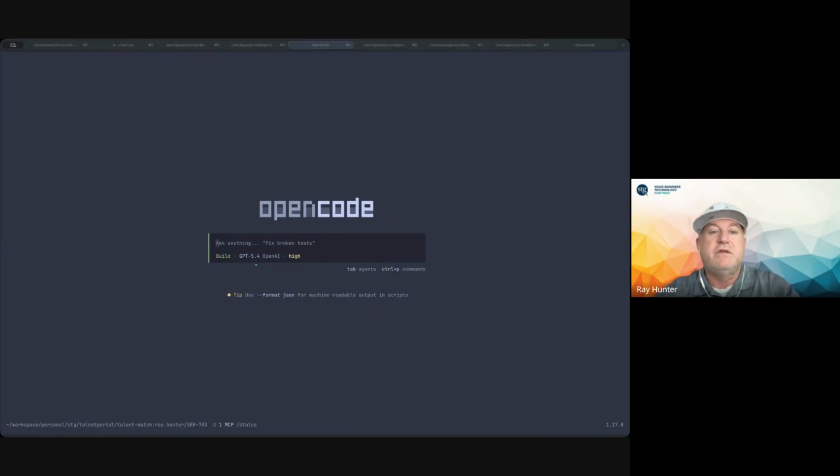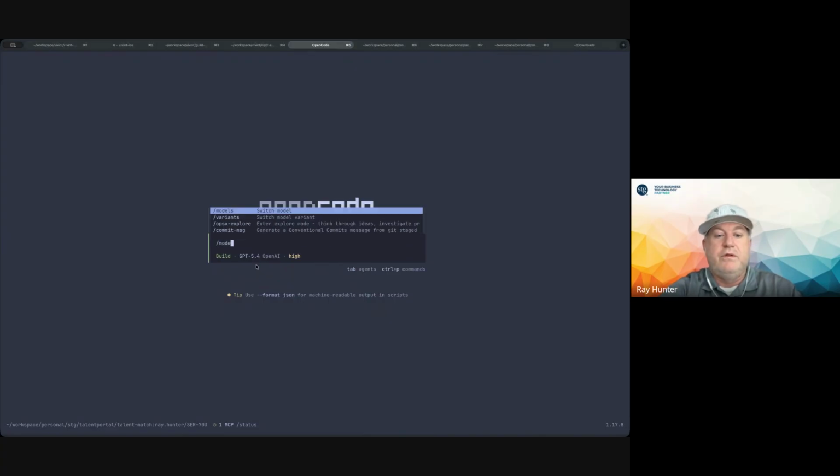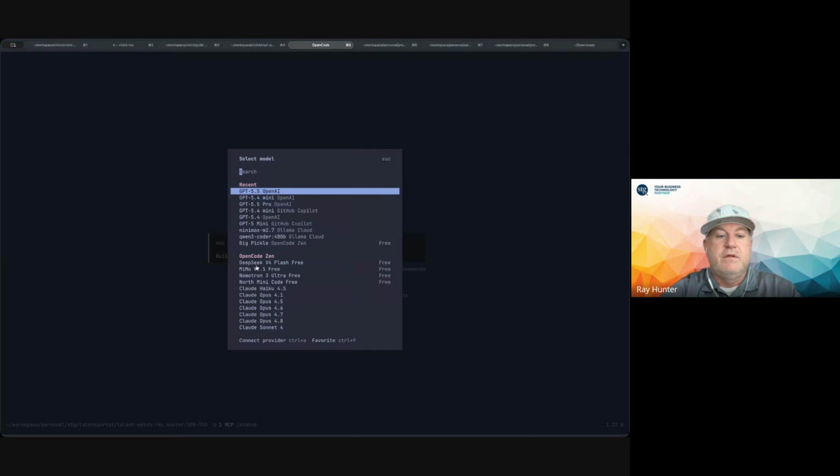So those are some of the things that you have full control of. And let me look and see if the pop-up will allow me. Let's see. Oh yeah, you guys see that. So here, I can go in and I can select the models. As I mentioned, it goes through the list. It keeps track of my recent ones that I've used.